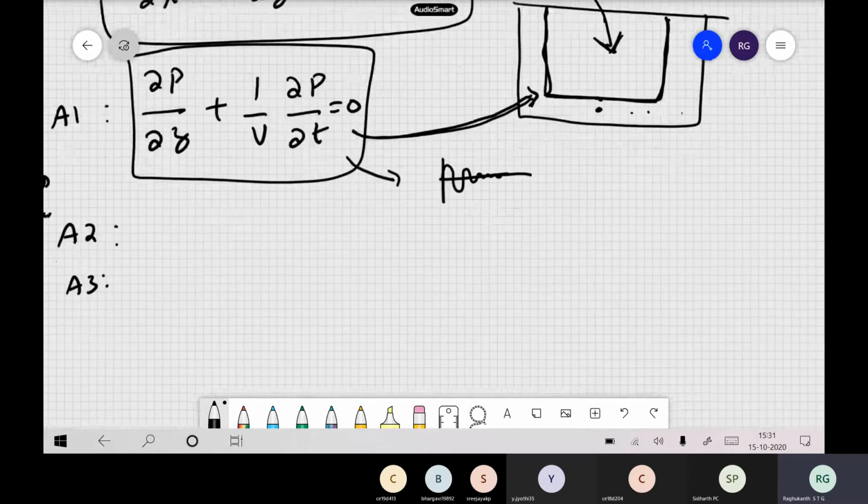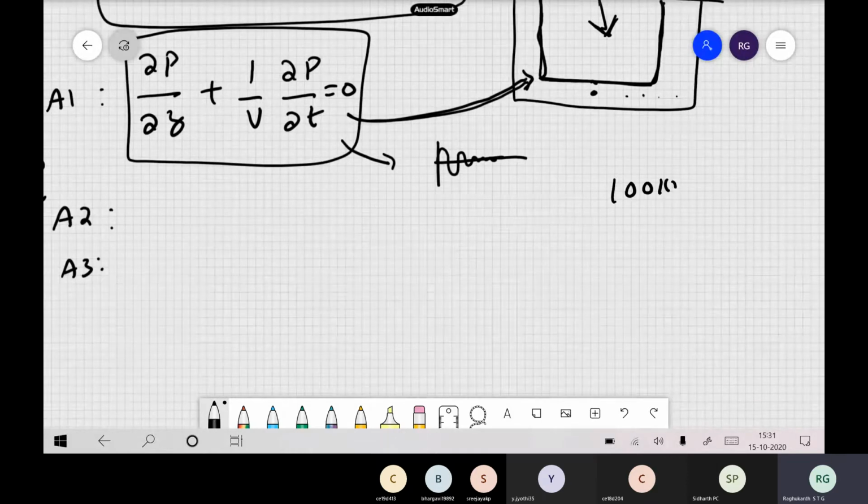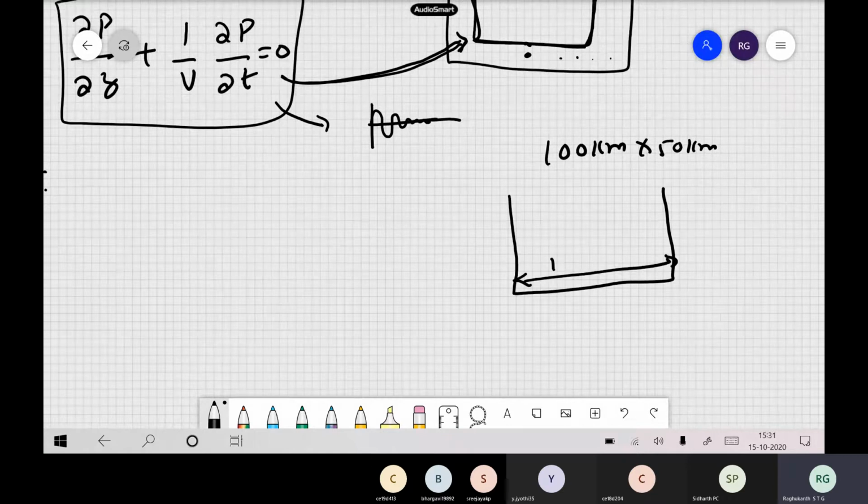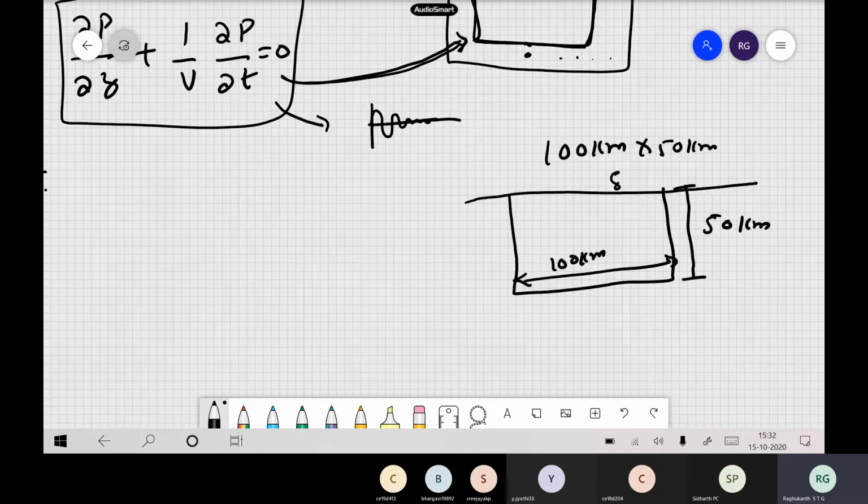dimensions. So 100 kilometers by 50 kilometers, this much region. Now this is my region. This is 100 kilometers I am having here, then I have 50 kilometers in this direction. Now to do this paraxial boundary condition or whatever, what will you do in FEM or in our finite difference approach? And anyway, this surface is stress free, so there is nothing to worry about on the surface.